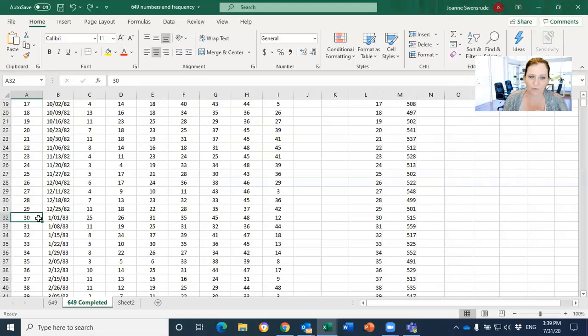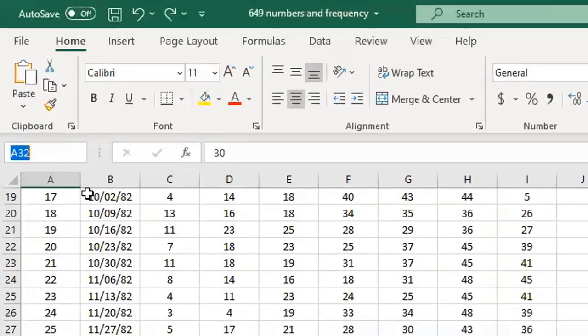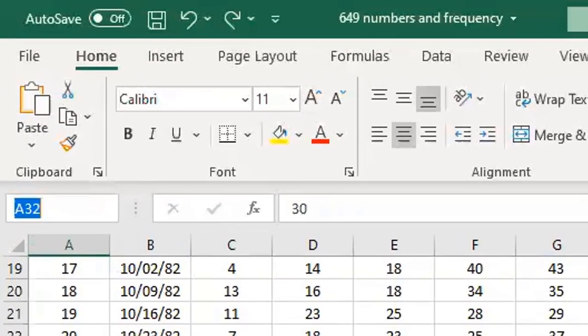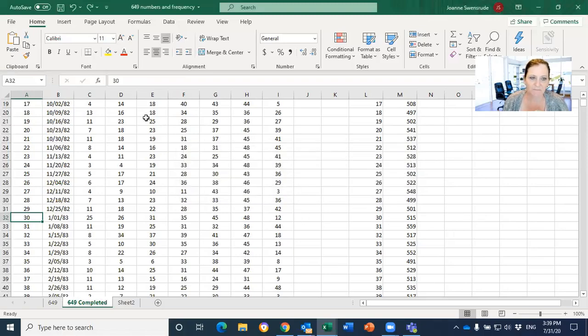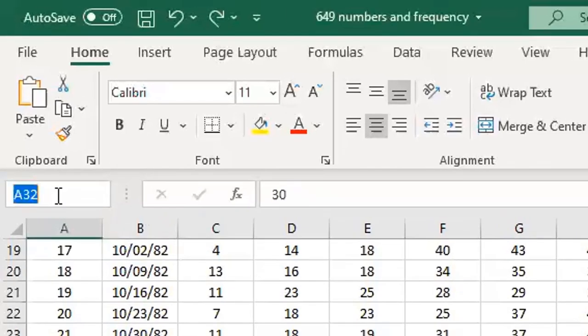It doesn't really matter where you are, but if I click there and then go up here, I can type in what I want to name that cell, and then you're going to see how you can go there really quick. Now if I just go up there and type 1983, it gets really confused. It says you're not allowed to use a number for the name. So what I might have to do is click there and type year 1983, or Y1983,